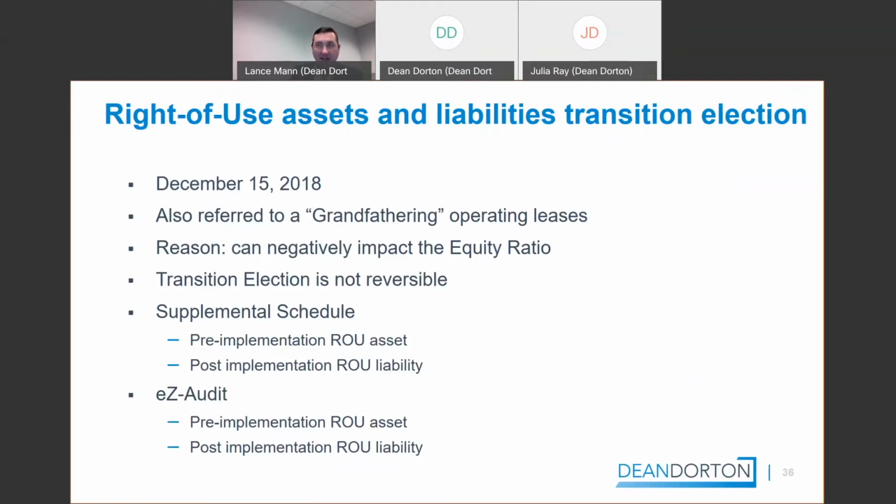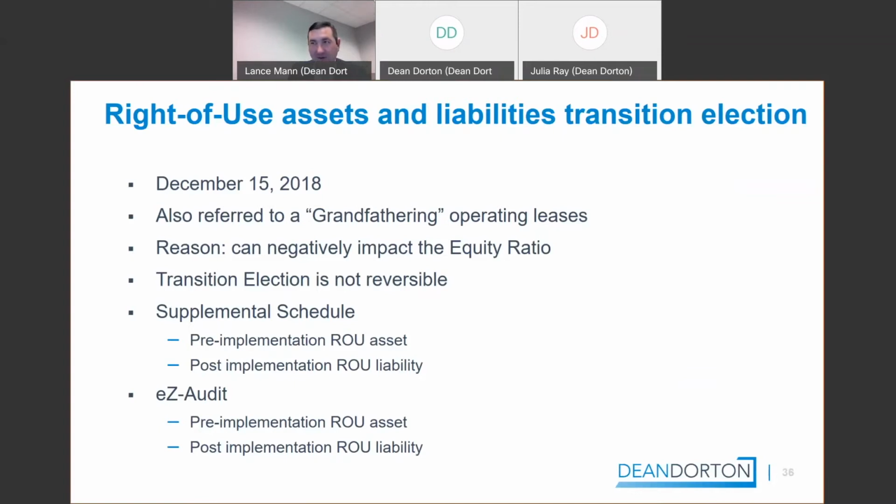You would likely have to add a new disclosure to your financial statements, separating your leases out into the various buckets of grandfathered and non-grandfathered leases. But for any lease entered into on December 15th or before, you can grandfather in, and all that you'll have is lease expense and depreciation. So it's up to you if you want to do that.